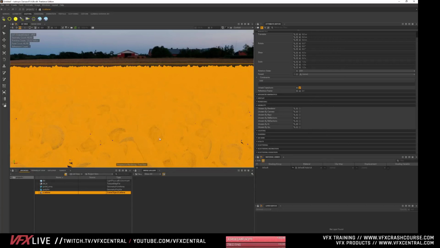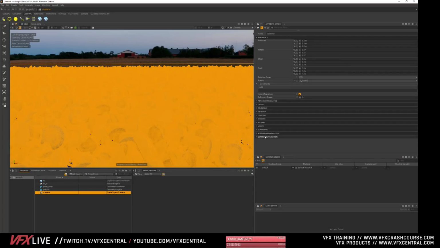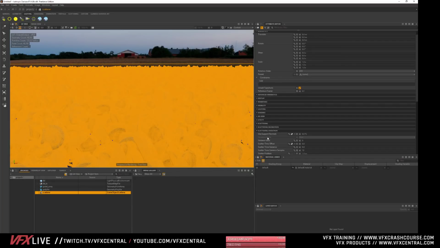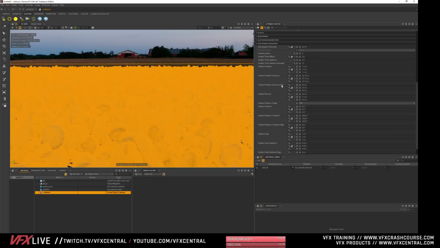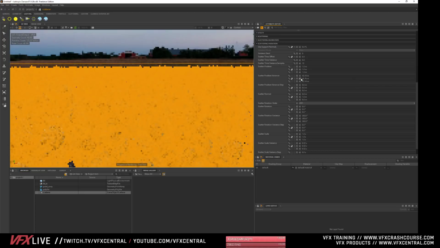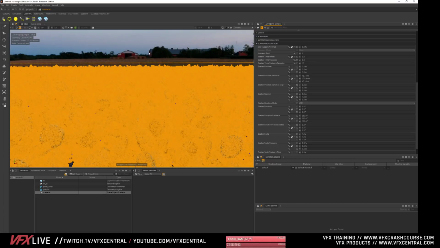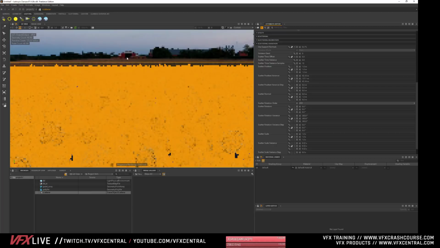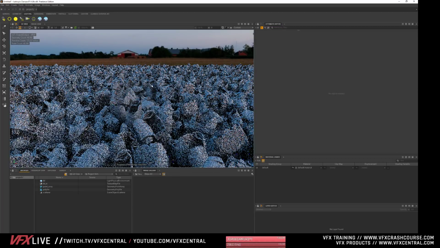And I wanted to, again, add some variance on the position, the Y, because I wanted to have some of these going up a little bit higher. We're just going to scatter these up a bit more. So look at this position variance. Now you're seeing some of those stick up a little bit higher.